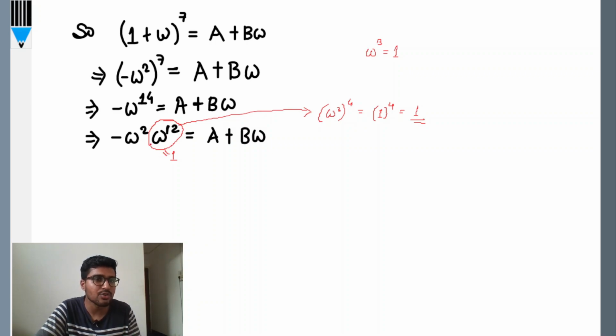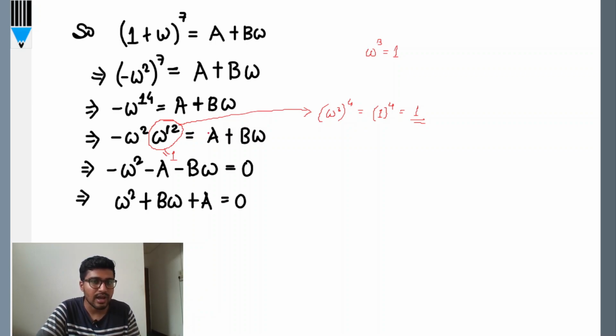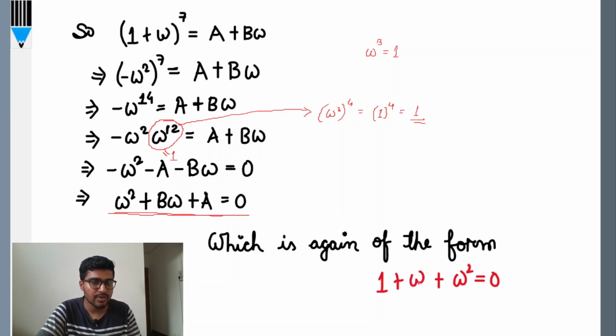Once we have this, there is omega square here and omega here, so we can bring them together. We bring everything to one side: omega square minus a minus b omega. Taking minus common, the form we get is omega square plus b omega plus a equals 0. Now this form looks similar to omega square plus omega plus 1 equals 0. So if this is true, comparing a and b, we can clearly see that a is equal to 1, and b